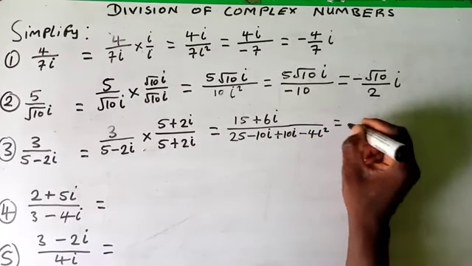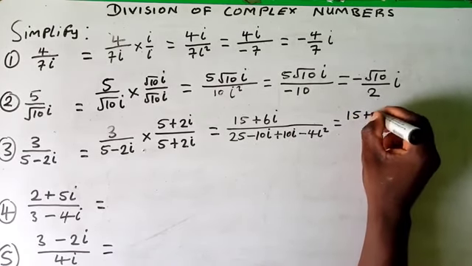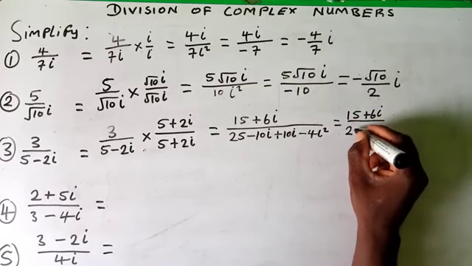So this will be equal to 15 plus 6i all over 25